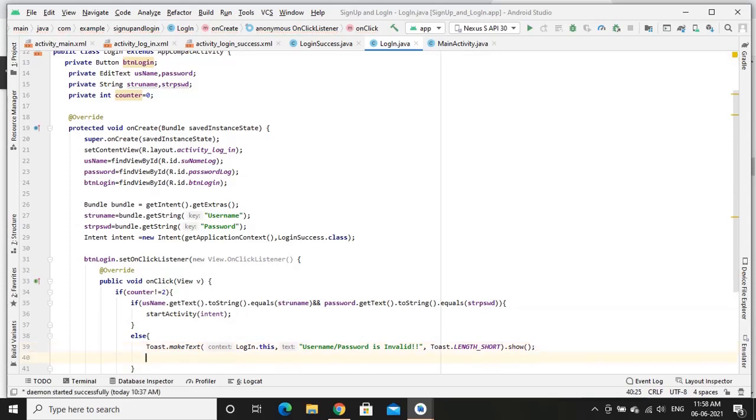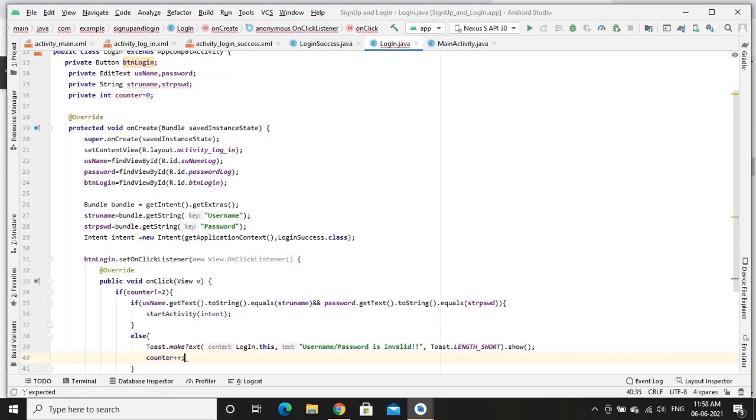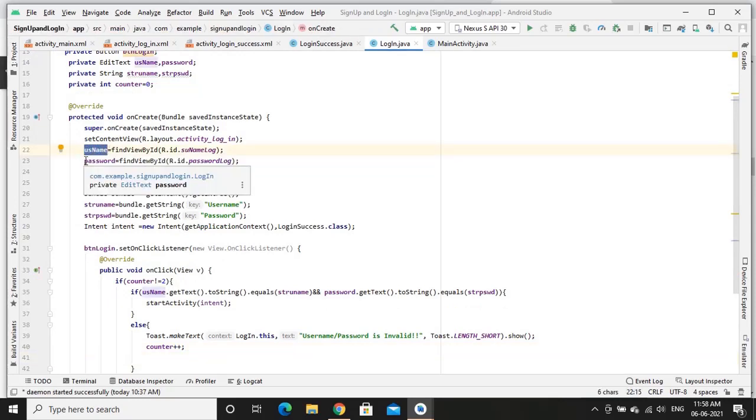After showing this, I need to increment the counter. So increment the counter plus plus, and also I need to make both edit text widgets null.